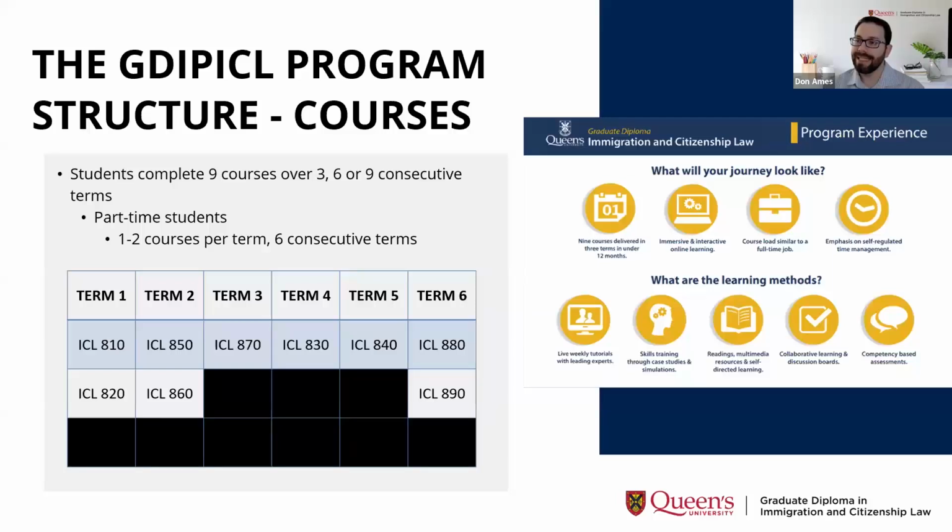The part-time study plan is a little bit different. Part-time students will complete the program in 6 consecutive terms. So if you start January 2025, you'll finish in about mid-December 2026. You'll take 1 to 2 courses depending on the term, because courses are not offered in every single term. It's not a 1, 2, 3 structure. It varies, but we've loaded up the courses in blocks, the way that we see them go together extremely well. But you still start with the same 2 and end with the same 2 courses. So again, a longer structure, but it is available for individuals who want to study part-time,